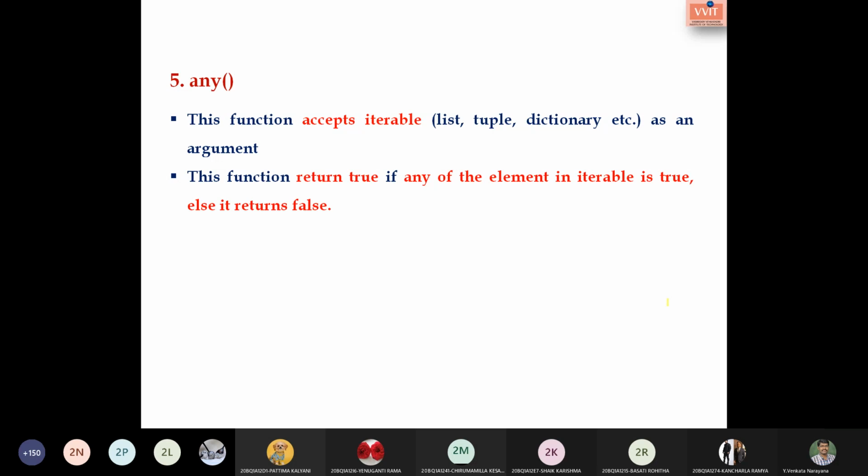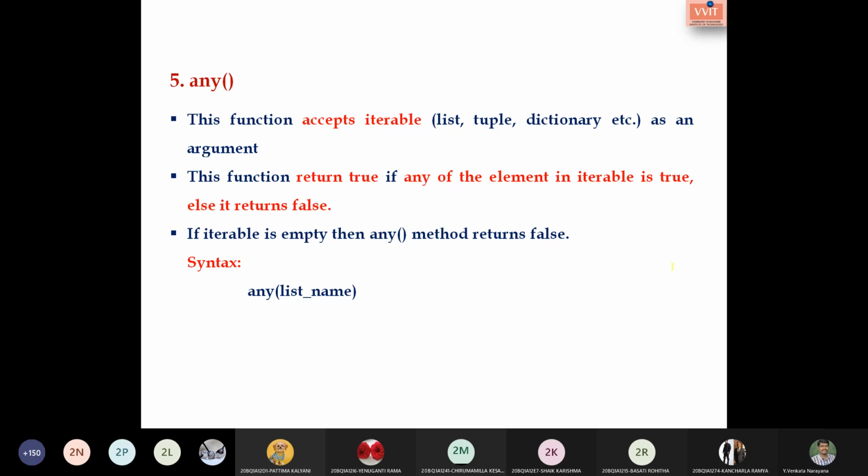If the iterable is empty, there may be a chance of having an empty list, empty tuple or empty dictionary. In that case it returns false. False means there is nothing in the list, so it is taken as false. The syntax is any of list name.